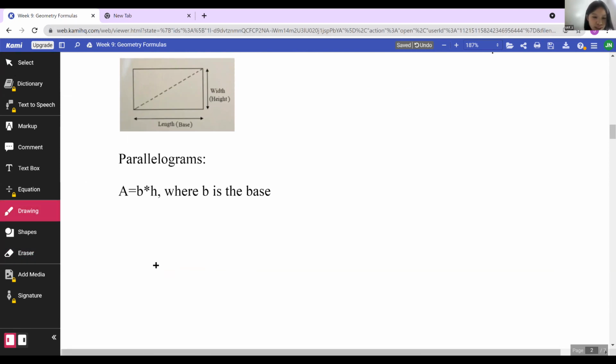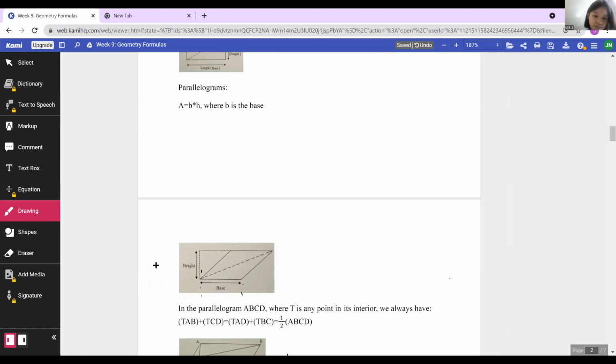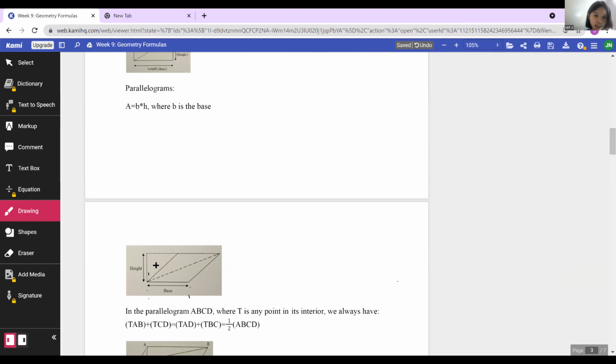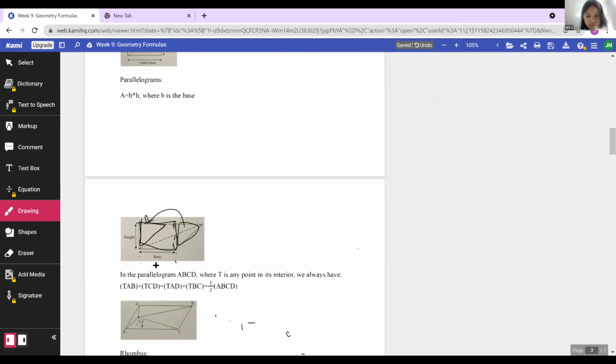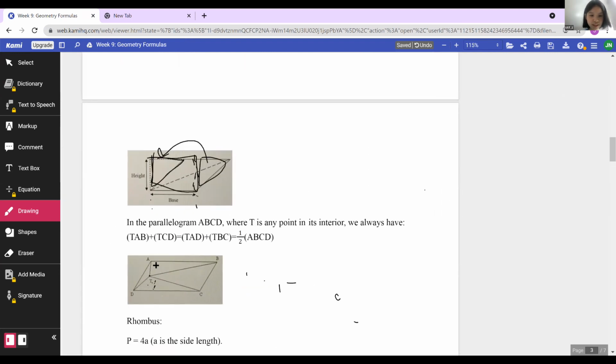In parallelograms, the area is equal to the base times the height, where b is the base, such as here. And we could see this too by seeing you have a triangle here, you draw a triangle here, make a rectangle instead, move this triangle here. That's also base times height, as in a rectangle. And an interesting observation